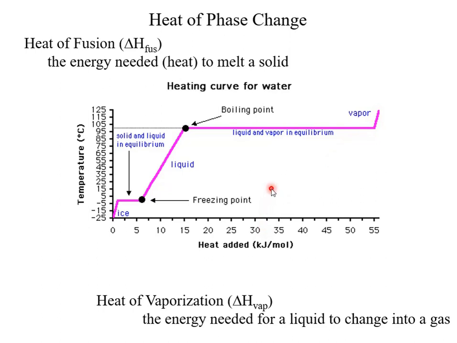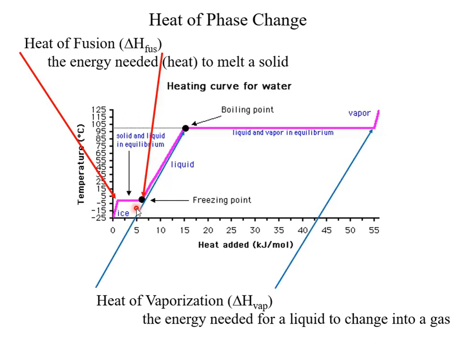All right, and in this I have two terms. I have the heat of fusion, which is the amount of heat required to melt a solid, and so that's going to go from this point here to this point here. Okay, and so however many kilojoules on this, it looks like it's about 5 kilojoules per mole. Okay, and I also have the heat of vaporization, which is the heat needed to change a liquid into a gas, and so that's going from here, which is about 15 kilojoules, to over here, which is about, say, 53. We're going to say 55 just because it's easier, is at 40 kilojoules per mole. Okay,